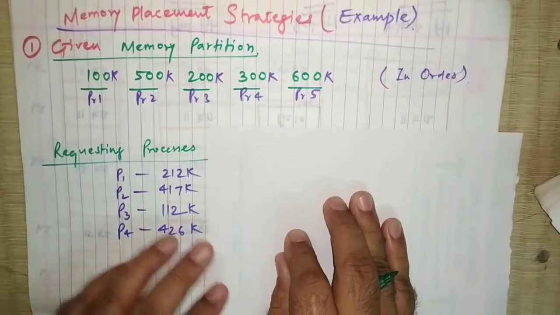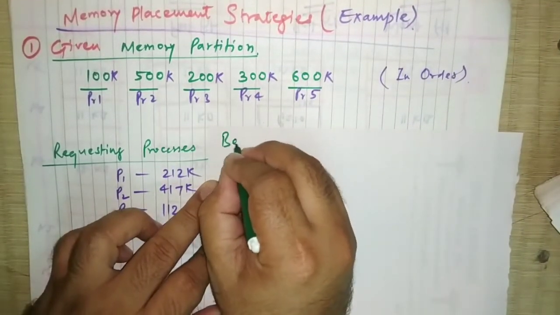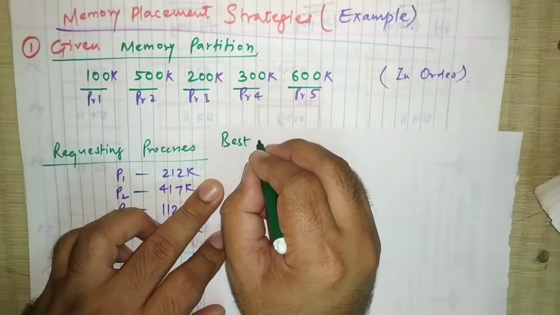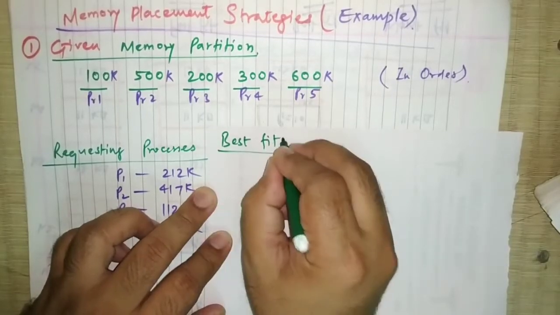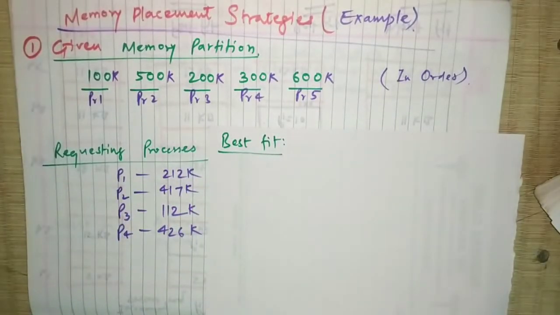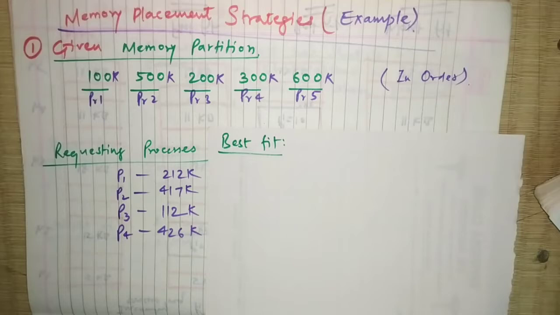Strategy, that is best fit. Okay, in the previous video we have seen the first fit, now we'll see the best fit. Now what does the best fit algorithm, or strategy, say? We have to allocate the smallest hole that is big enough. We have to find the smallest hole in which your process can fit, and then we need to allocate. So we need to search all the blocks of memory.